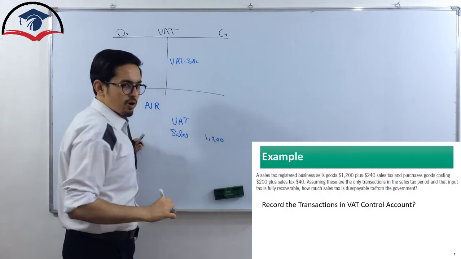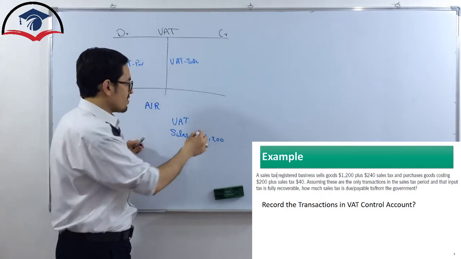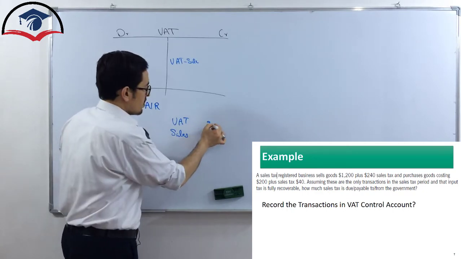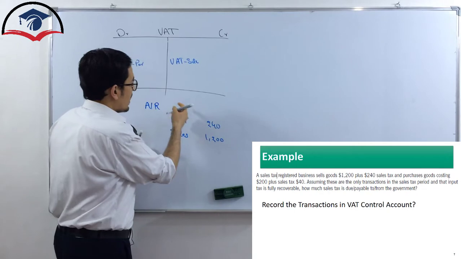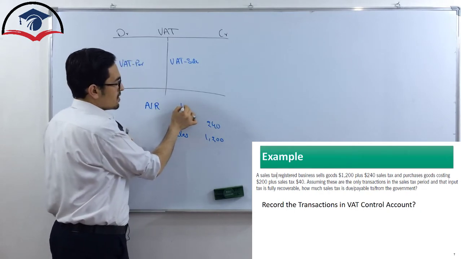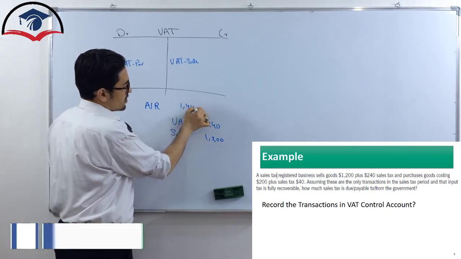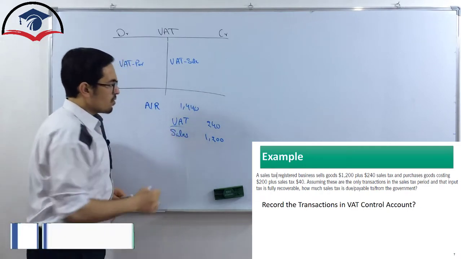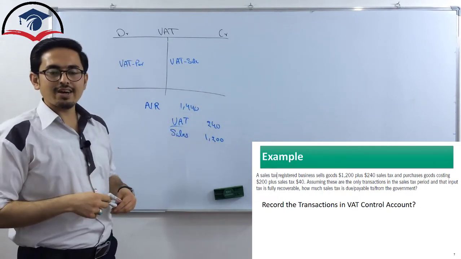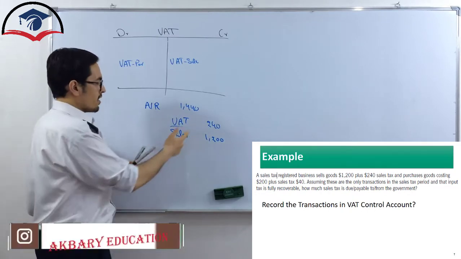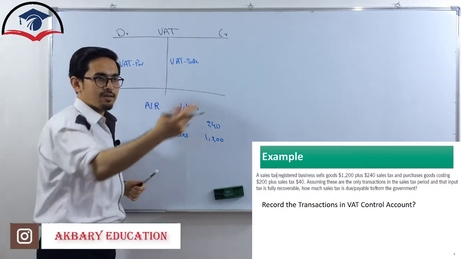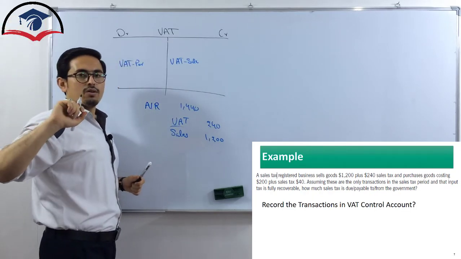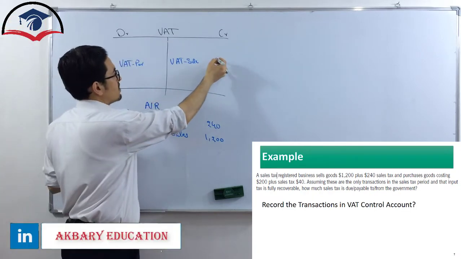How much is the sales? $1,200 net amount. How much is the value added tax of the period? It is $240, and the total account receivable will be $1,440. This amount will go to where? Value added tax control account. In credit nature as a liability, the amount you receive from the customer, and you need to pay that to tax authorities. $240